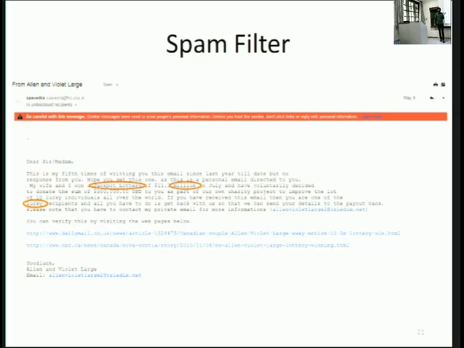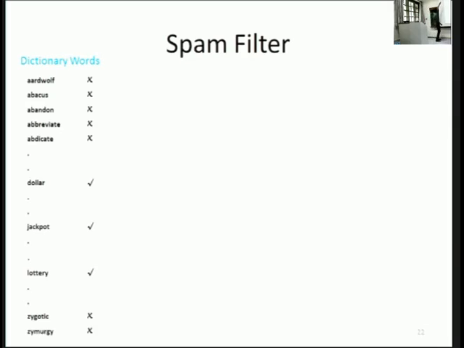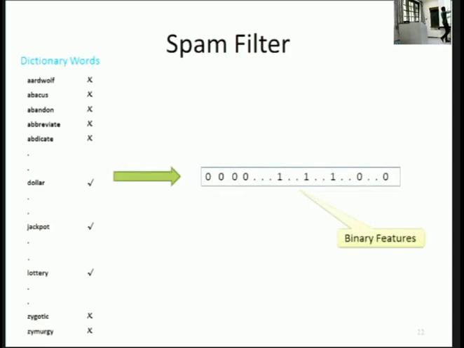Now the question is, how do you know these words are the ones which come in spam? So we'll do it like the mangoes. We won't just go for these words. We'll take all the words, from the dictionary, from the first word to the last word. Whenever the word is available, you put a tick mark. Whenever it's not, you put an X mark, and you convert it into a huge vector of binaries. The first position shows the first word, and probably this one shows the dollar sign, right? So we have this huge vector.